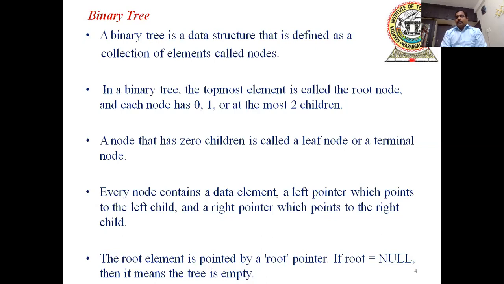Here we are following a condition for making the binary tree. Each node has at most 2 children. If any node has more than 2 children, that is not a binary tree. Binary tree means the node has at most 2 children. That means no children, or 1 child, or at most 2 children. If every node has 0 or 1 or 2 children, this tree is called a binary tree.